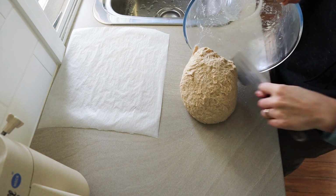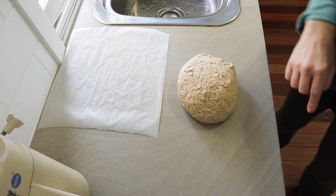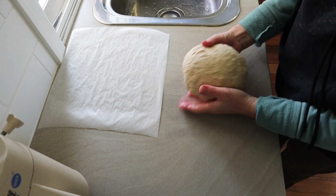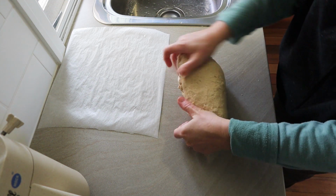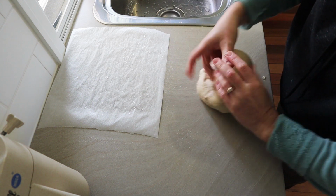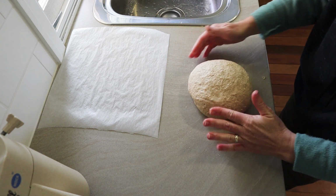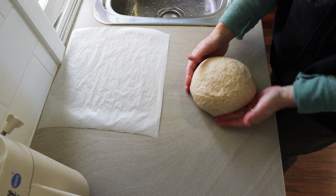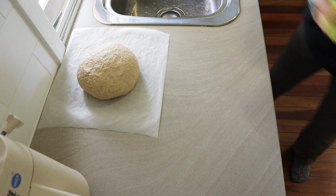In my original video, I just tipped this straight onto the paper, but today I'm going to shape it a little bit more with my hands as well. Very roughly. Just basically bringing it to a really simple round shape. That's all it is. Nothing fancy. Just plonk it on there. And then